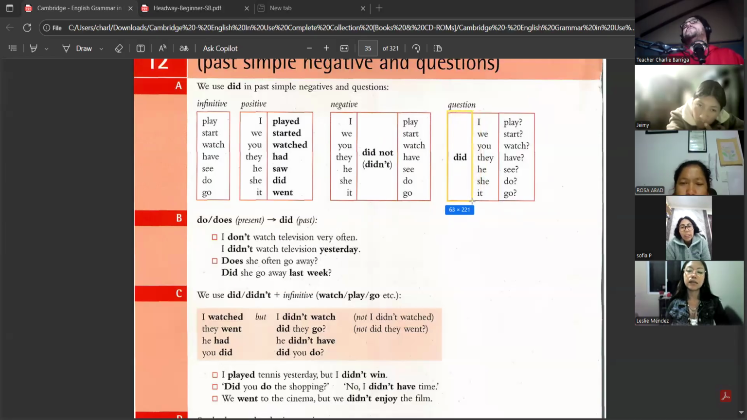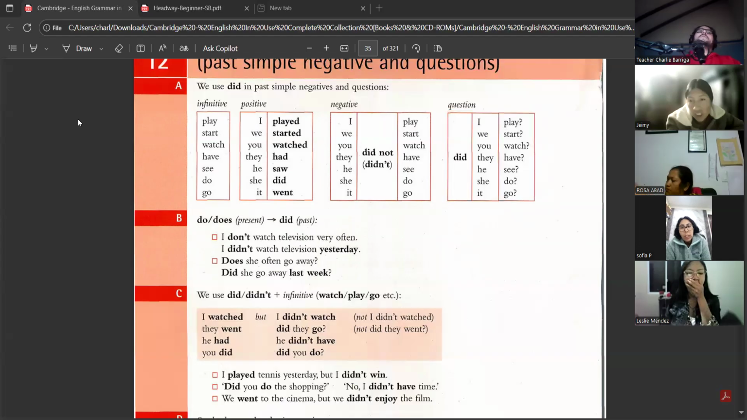Recuerden que questions, they start with did, and we have the subject pronoun, and we have the verb in infinitive, right? So for example, I have here some examples. I didn't watch television yesterday. Did she go away last week? Not did she went. Did she go, right? Did she go away last week, right? So